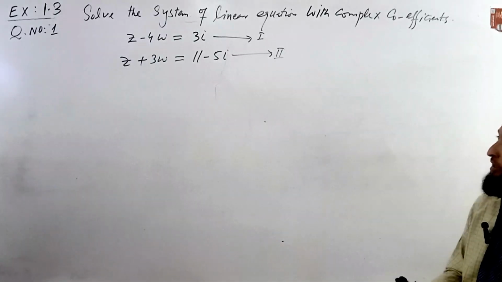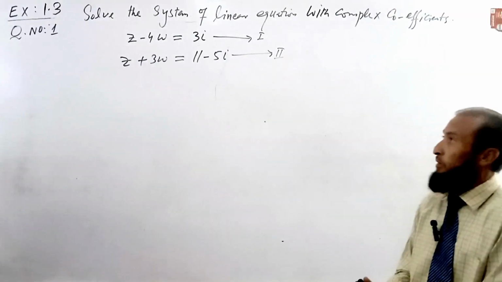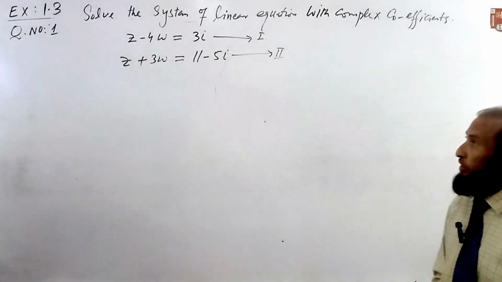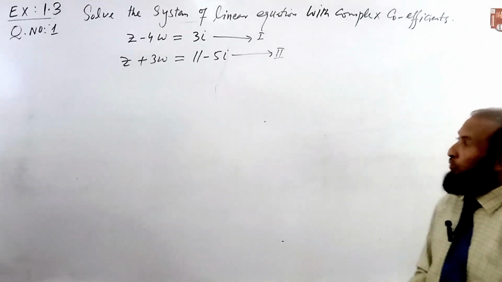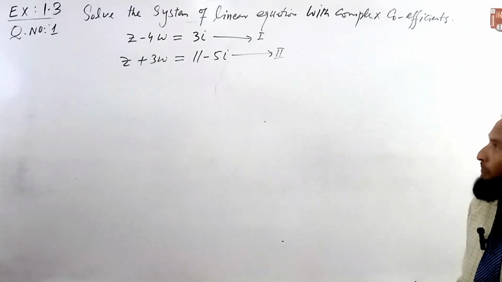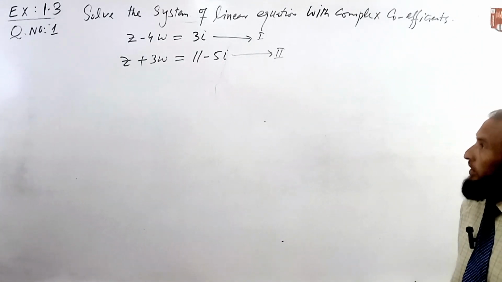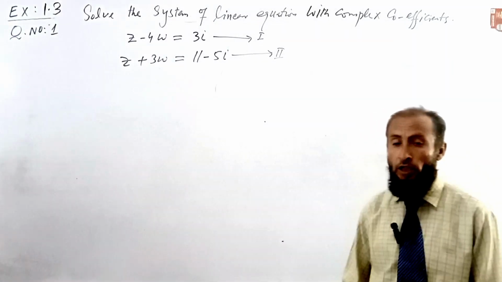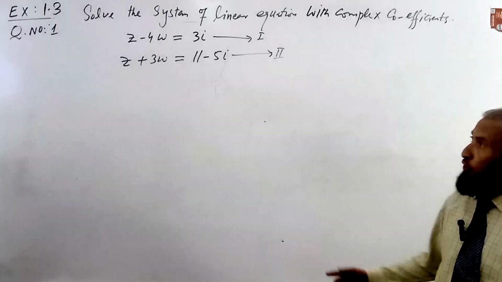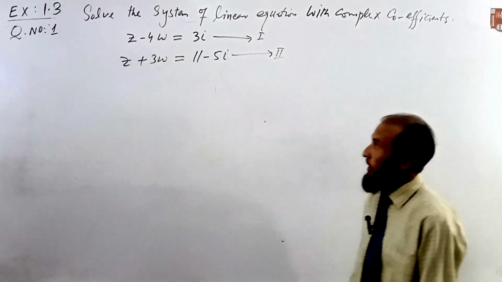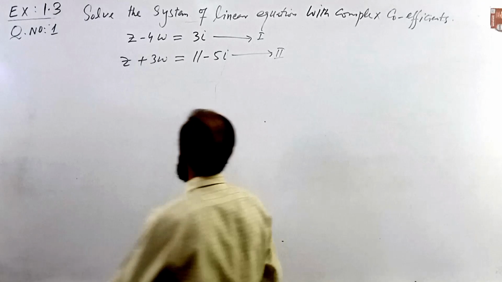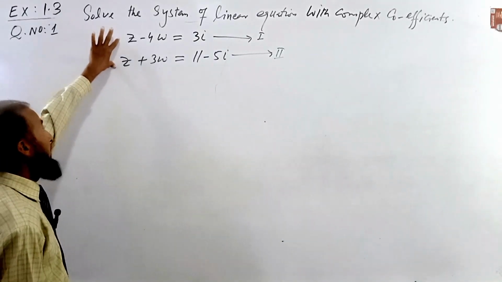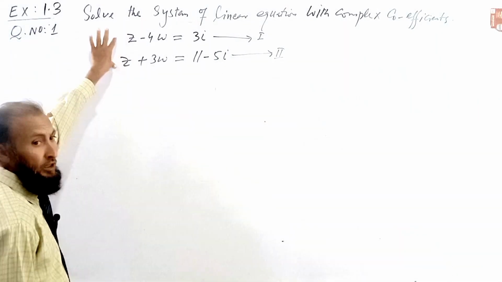It means that two or more equations are involved, so this is called simultaneous equation. Now we try to find the z and w values. How do we calculate? We use the elimination method or the substitution method. We have already discussed these two methods. In the elimination method, we try to compare the coefficient of one variable and make them similar, then subtract